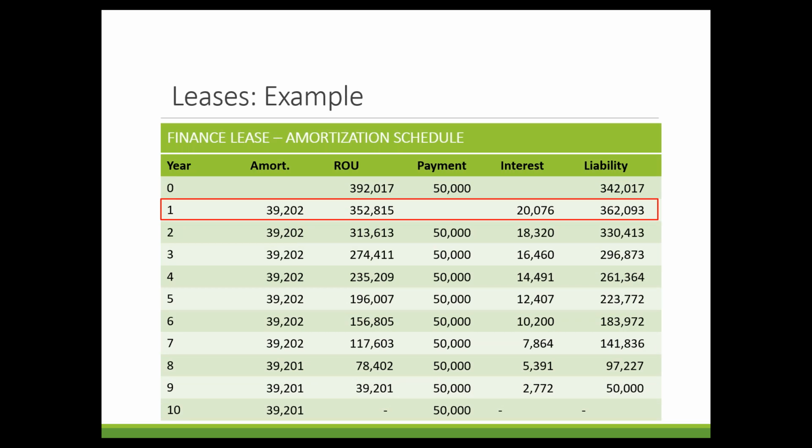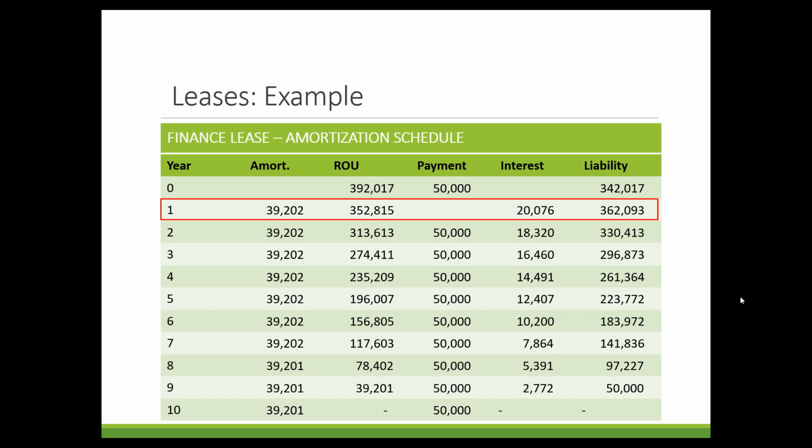Looking at the amortization table, the lessee depreciates its own assets on a straight line basis. Therefore, the ROU asset will be amortized on a straight line basis over the 10-year lease term. The lease liability is increased to reflect the year 1 interest on the lease liability in accordance with the interest method. In year 1 of the lease, ABC Nonprofit recognizes the amortization expense of $39,202, which is the initial value of the ROU asset divided by the 10-year lease term,